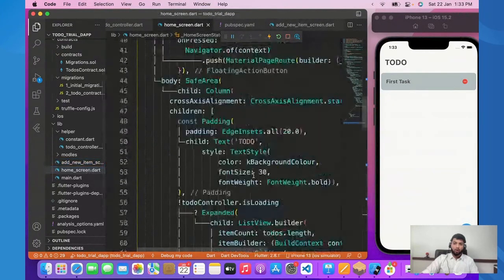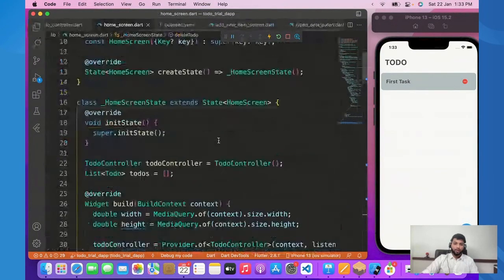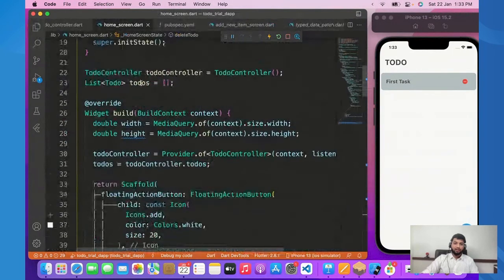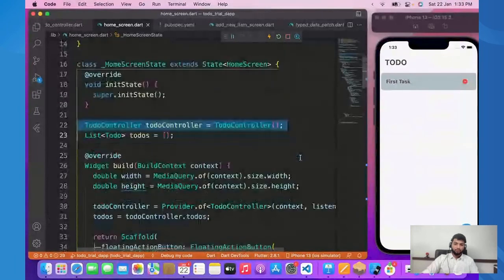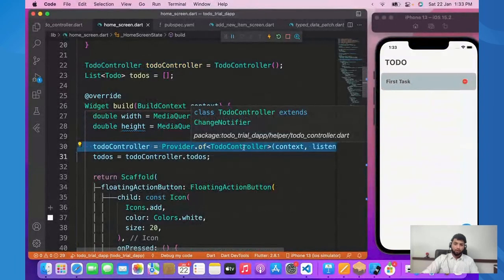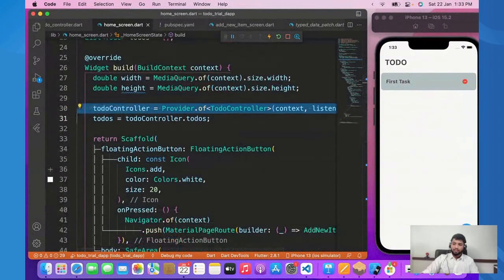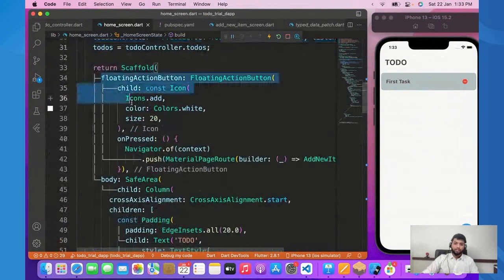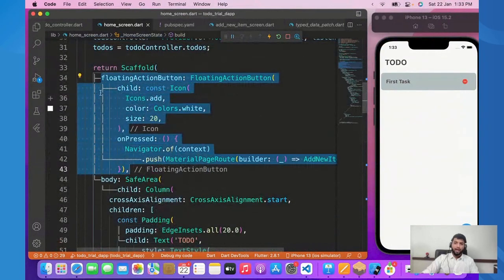So the code in our home screen is as follows. We have first created a to-do controller that keeps track of what we need. We have also added the provider over here to the to-do controller. Then coming back, this is just a small plus button, a floating action button, which will help us add the task and navigate to the next screen.